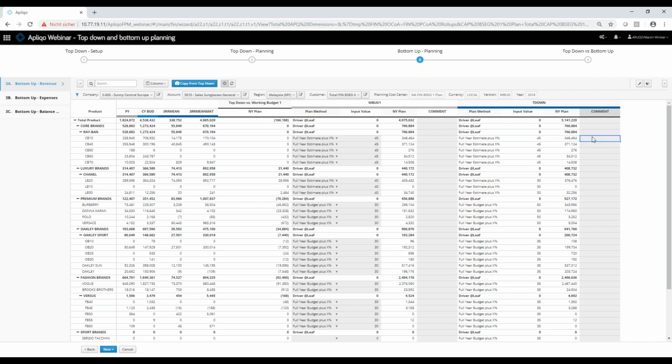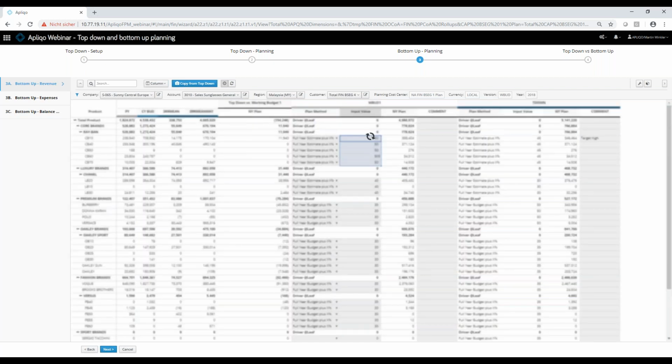The top management also has the ability to add narrative here, so that they can give a bit of information about why they have chosen this kind of target setting. And then in the same screen, the operational managers have the ability to come up with their plan. As a starting point, the top-down targets were copied into the bottom-up version. Now the operational managers can go into the application and model the business data based on